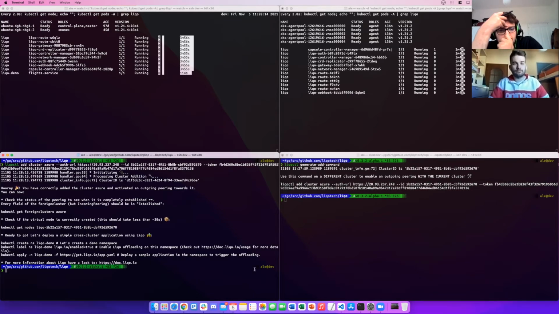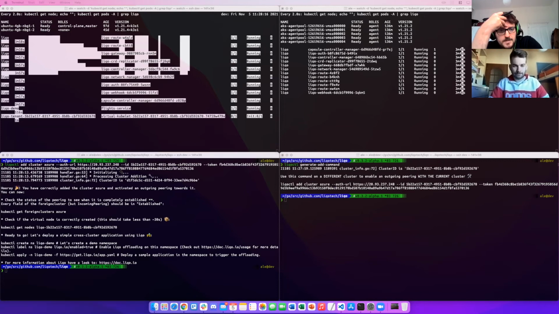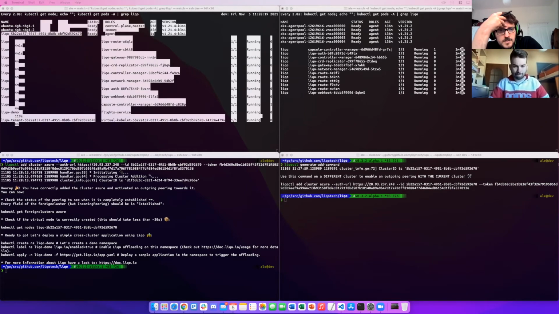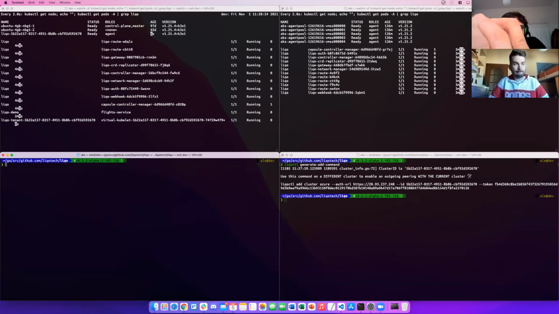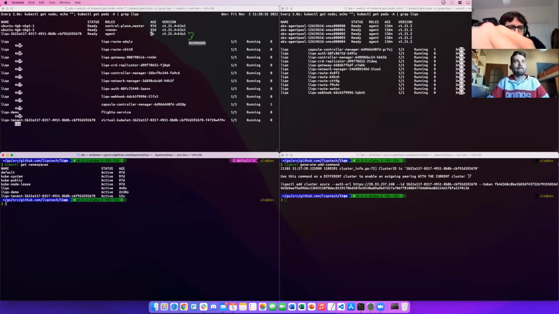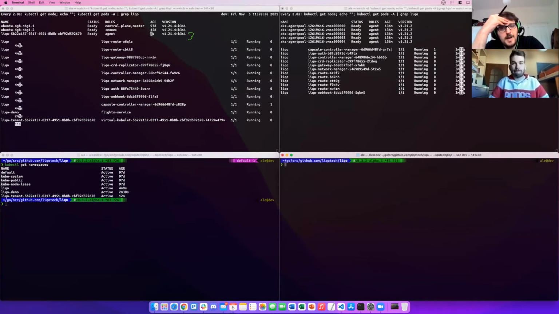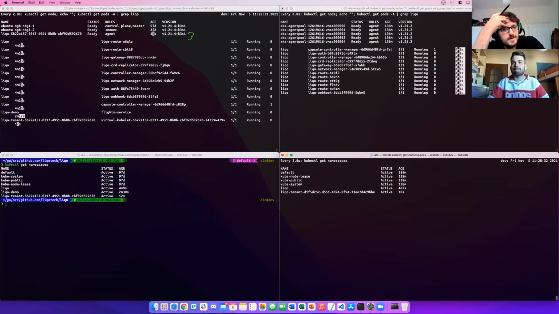Very easy, very simple. And now we have this extra node here and the virtual kubelet that we described and discussed in the last video. So if you want to know more, you can have a look at it.